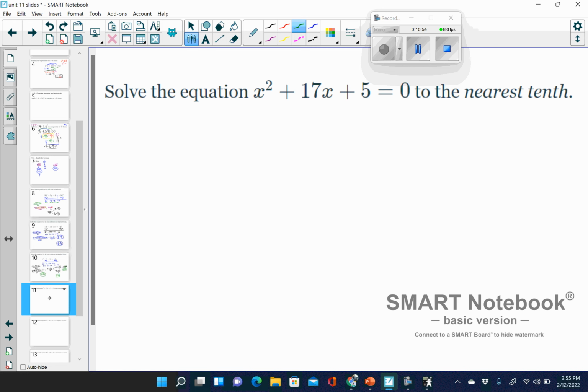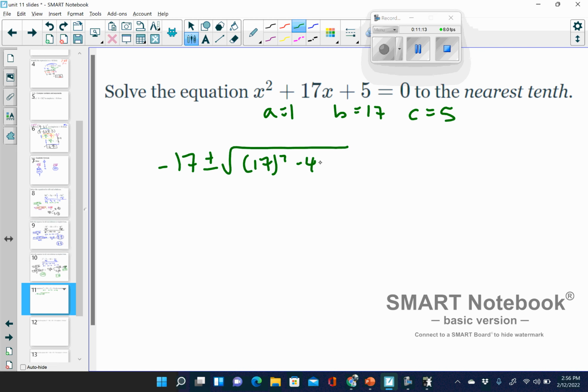So real quick, our A is 1, our B is 17, our C is 5. Set it up the same way: the opposite of B. B is positive 17, so the opposite is negative 17, plus or minus the square root of B squared, which is 17 squared, minus 4 times A, which is 1, times C, which is 5, all over 2 times